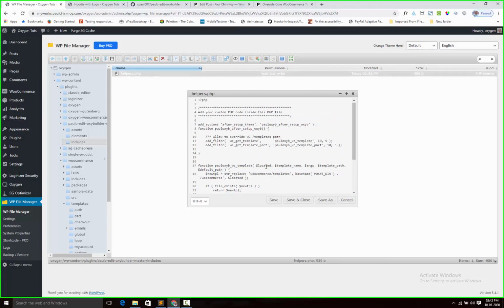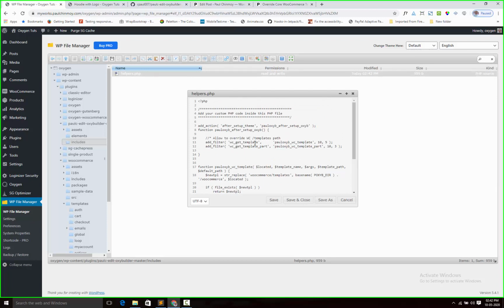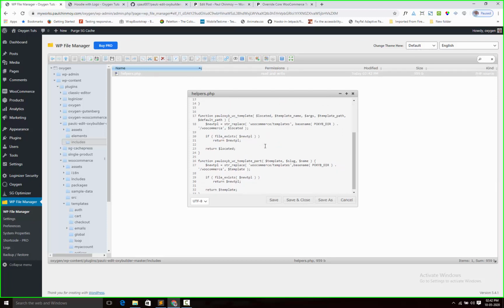What I did, I targeted the wc_get_template and wc_get_template_part filters. Using these filters I am changing the default WooCommerce template path, and I call this template path from my plugin's folder.